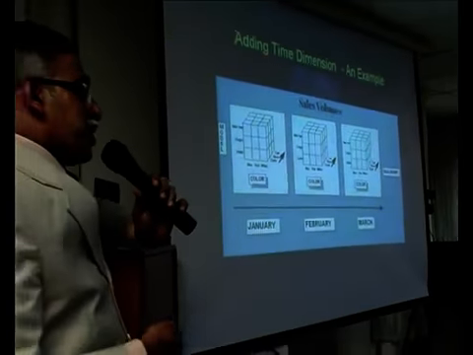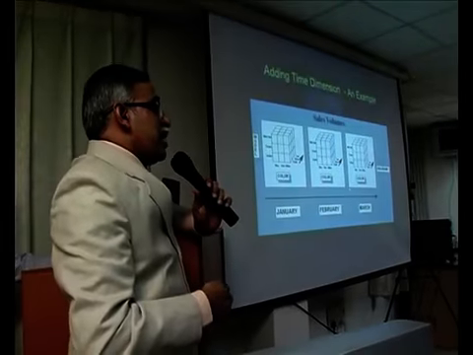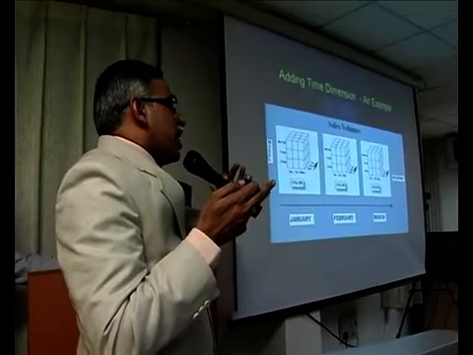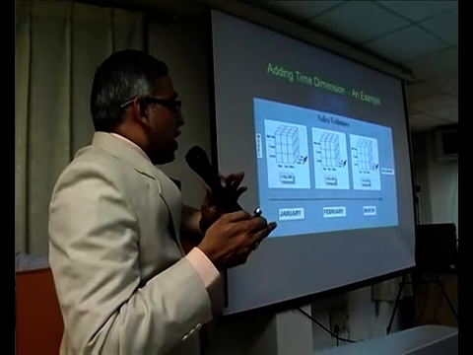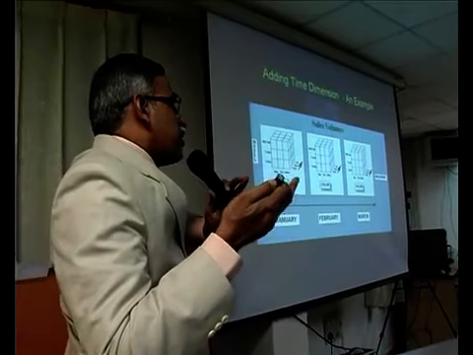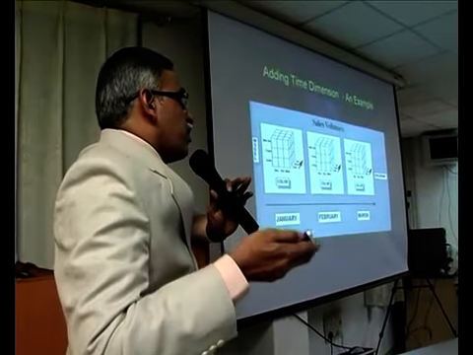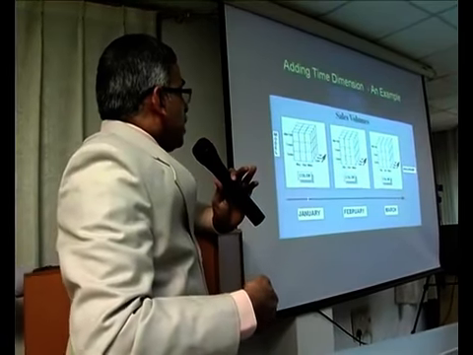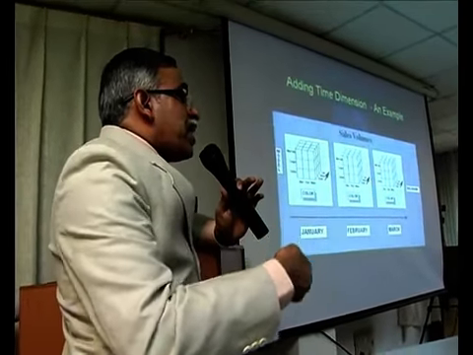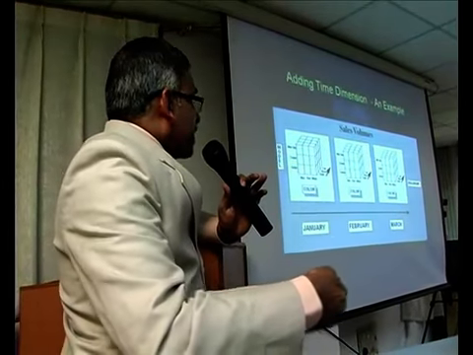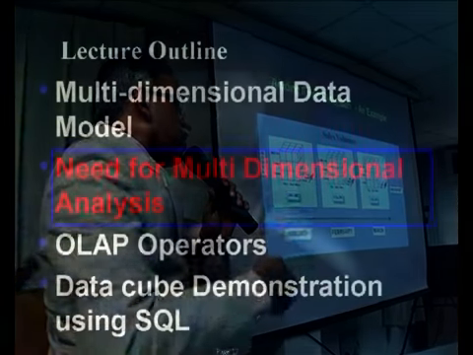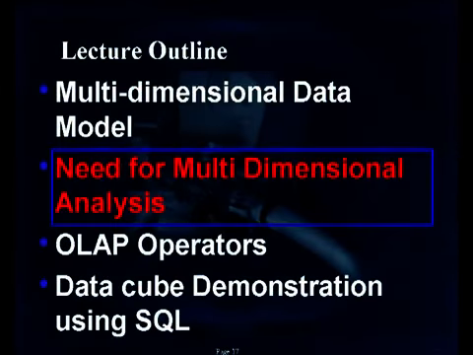Suppose I add one more dimension, say time. Time is added, then how do we represent it? You can view in an abstract sense what are the sales over different kinds of models of different kinds of colors in the month of January. Then in the month of February, March, April, etc. So if you see, for each month there is a 3-dimensional structure. One more dimension is added here. So if you want to represent physically all these combinations of 4, it is not possible. So this is called multidimensional representation.